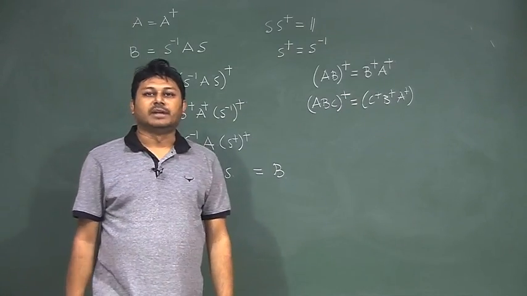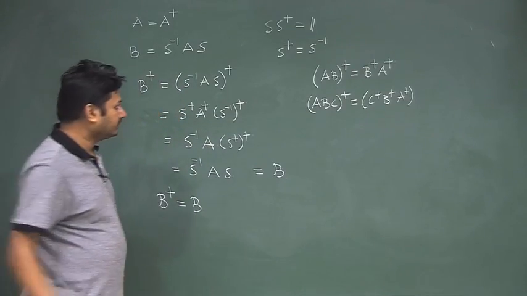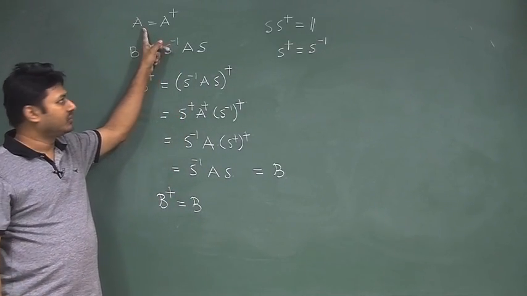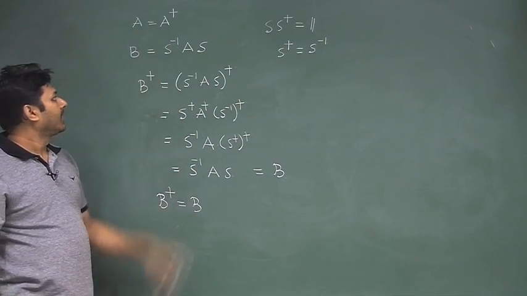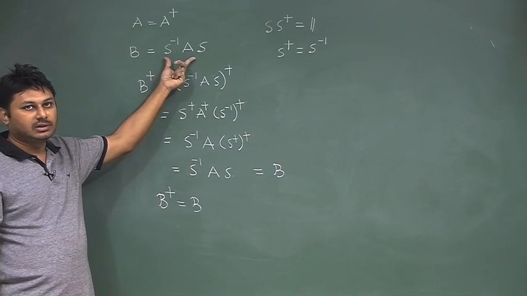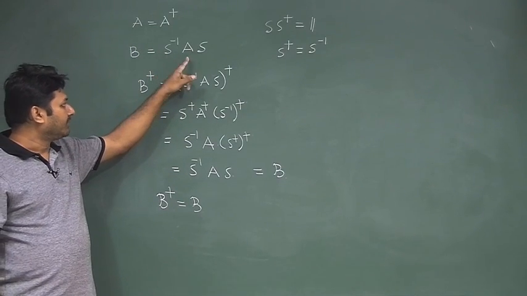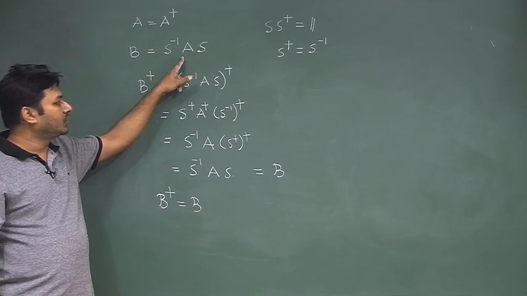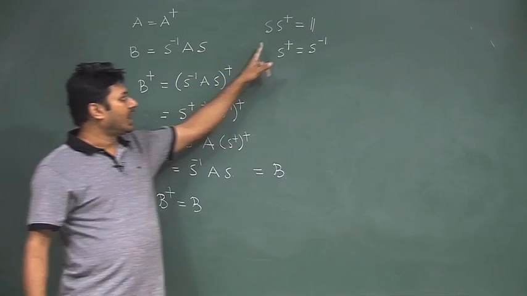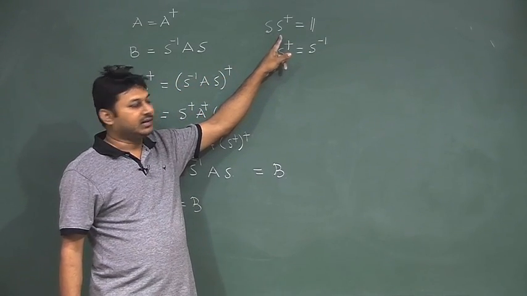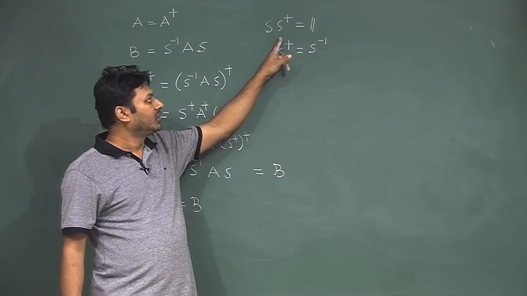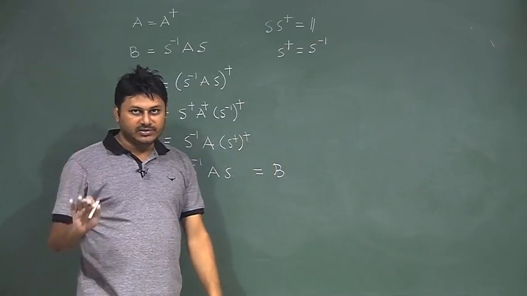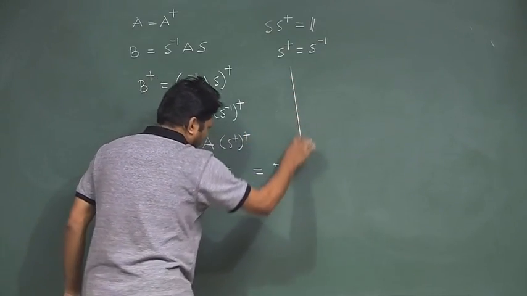So, what is the meaning of that? The meaning is, if I have a Hermitian matrix in one coordinate system under one basis, and I make a basis transformation, my new basis is also orthonormal to each other. In order to ensure the orthonormal transformation, I have a transformation matrix which is unitary in nature. So, S dagger S is equal to 1. So, under unitary transformation, the conclusion is